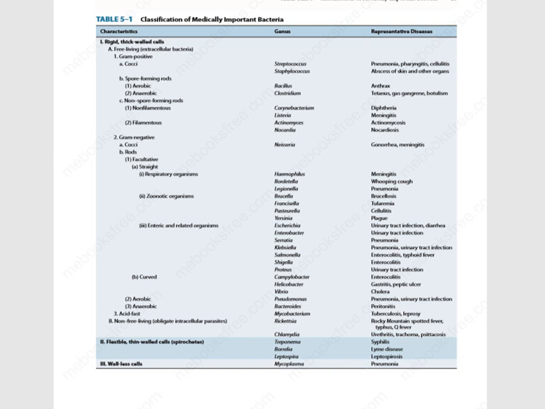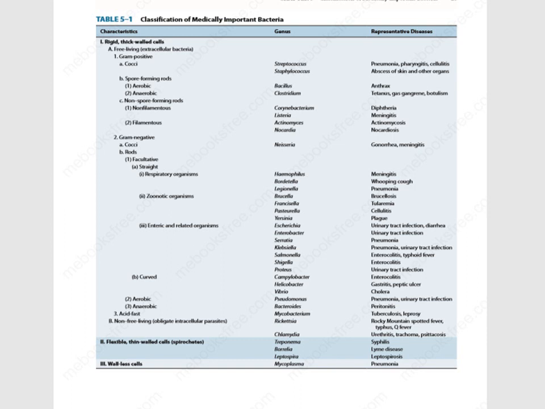And there can be curved rods like Campylobacter and Helicobacter. About the aerobic ones, we have Pseudomonas aeruginosa as the example of a strict aerobe, and the example for strict anaerobes are the Bacteroides. After these cocci and rods, these gram negative and positive categories, we have the acid fast bacilli. The most important example for this category is Mycobacterium tuberculosis, or maybe Mycobacterium leprae. These are the acid fast organisms.